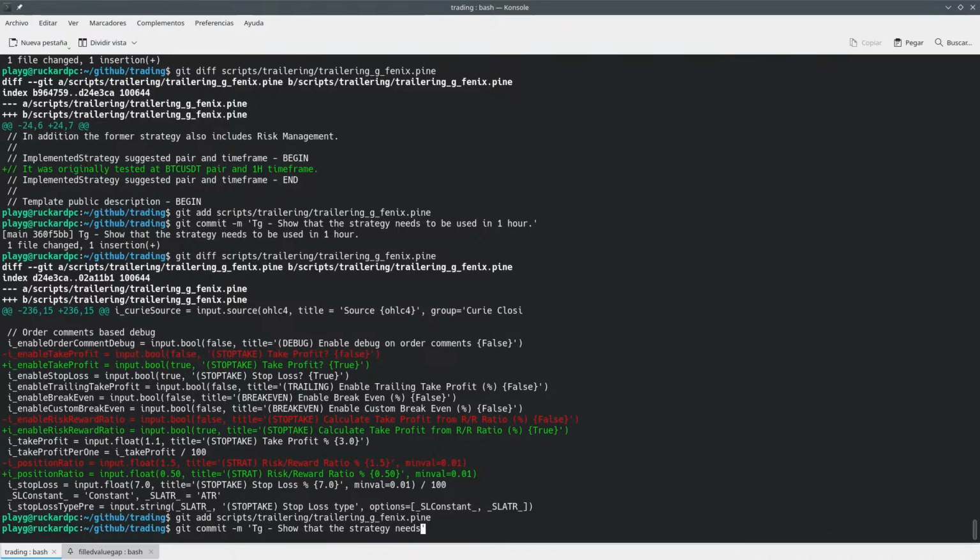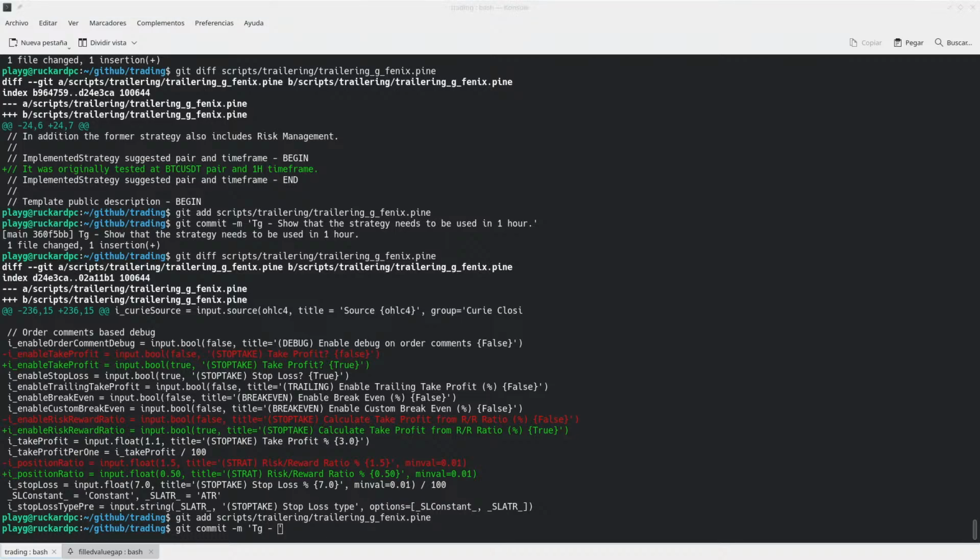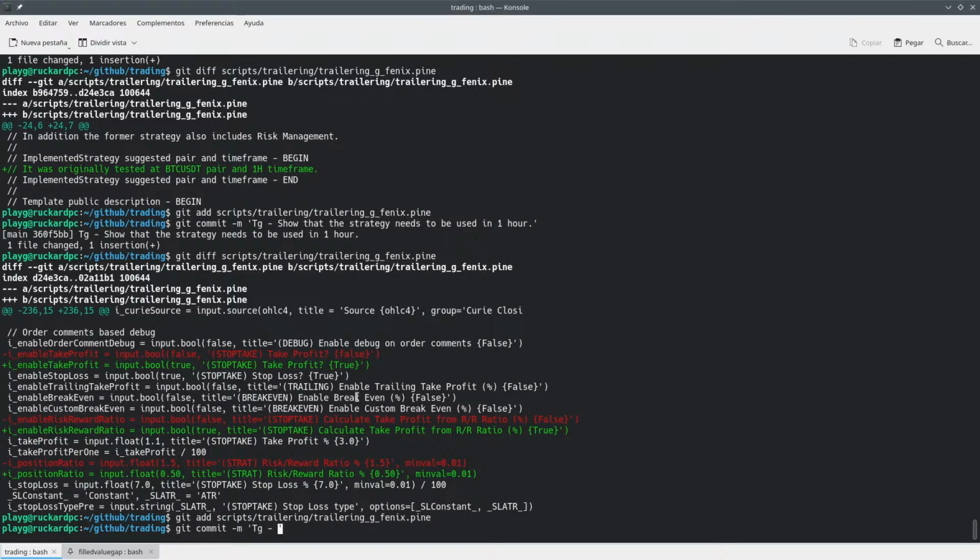We can reuse the commit name. So template, the default settings were modified to match the trailering strategy requirements. And